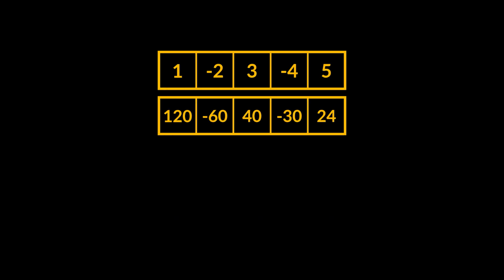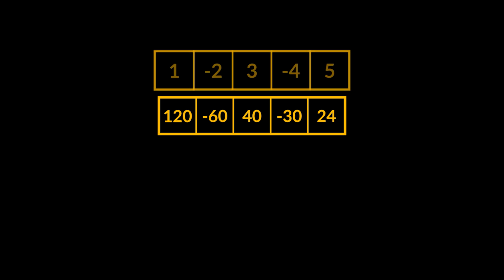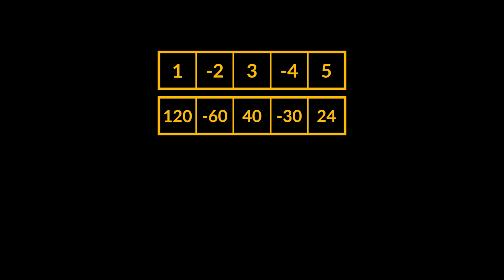So, how do we approach such a problem in a more optimal way? Well, the first thing that I always do to tackle any problem is attempt to visualize it. So, let's break down this problem and attempt to visualize the given and the answer arrays in their most basic forms. So, given the array composed of numbers 1 through 5 alternating between positives and negatives, we can deduce the resulting array we see in front of us.